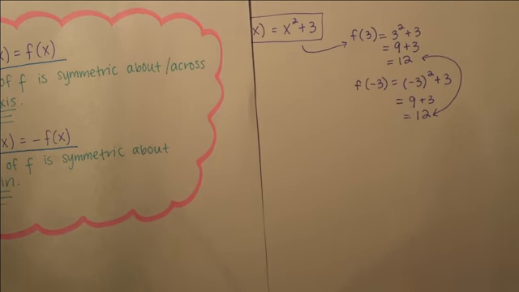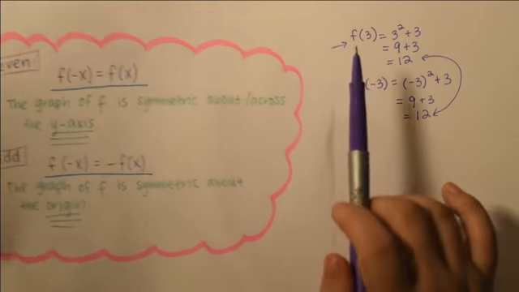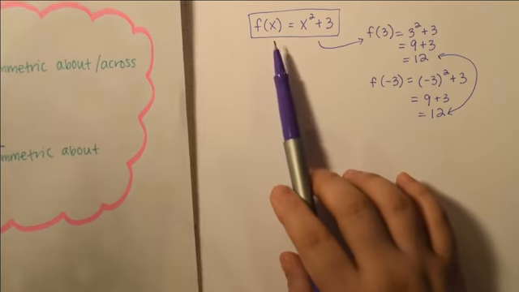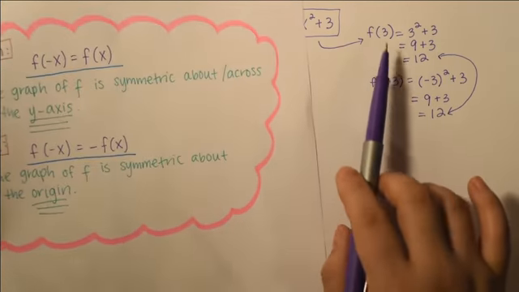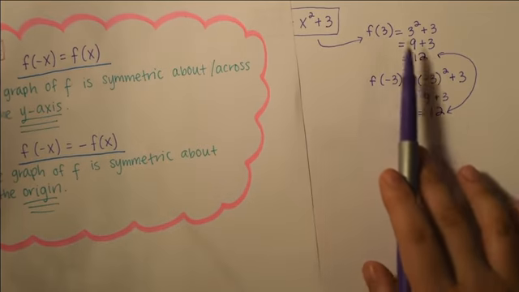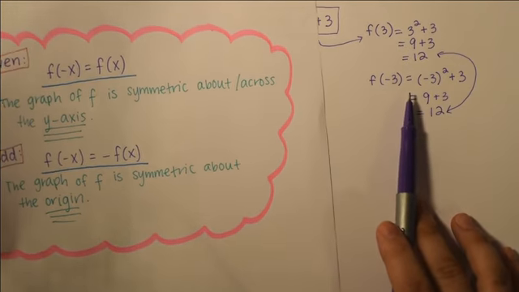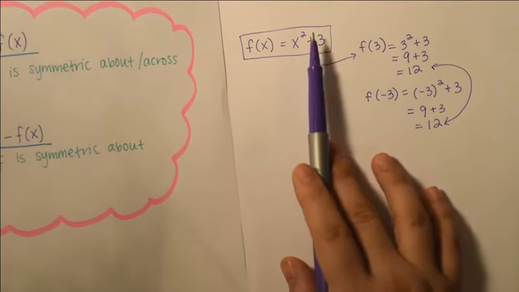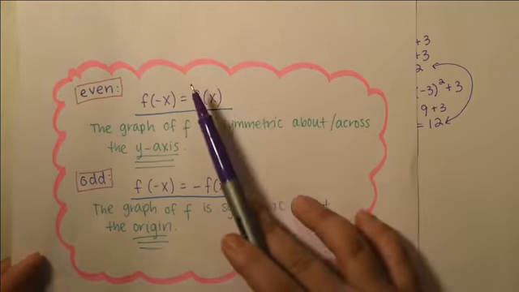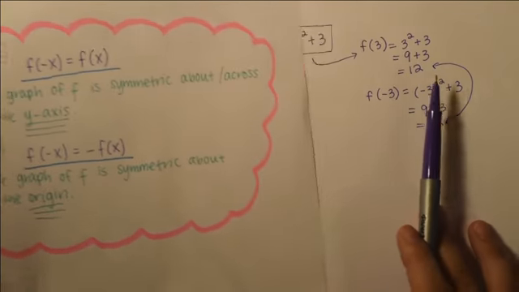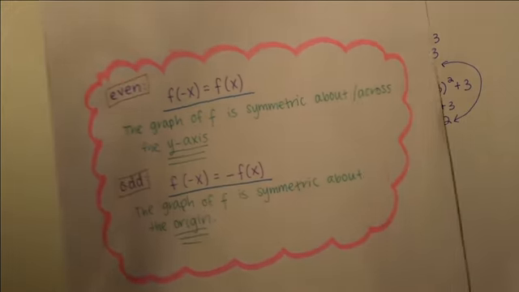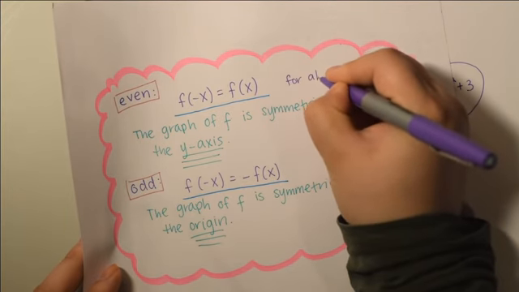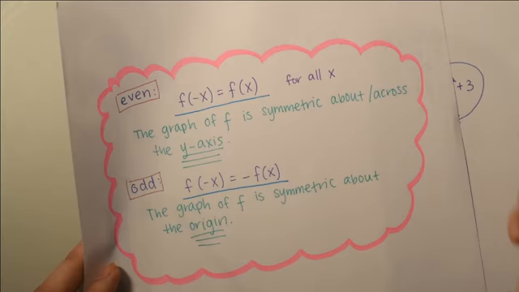So this isn't sufficient. I'm just picking a 3. That's not this 3, and that's just a random input. So it's not sufficient that just because f of 3 equals f of -3, that this function f of x equals x squared plus 3 is even. That is only one particular x, so this has to apply for all x. Okay,